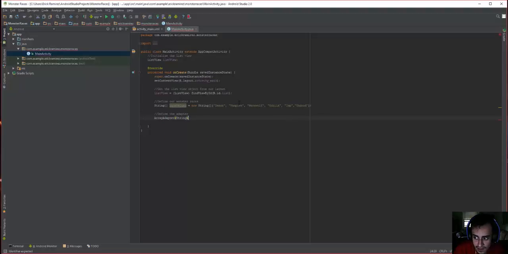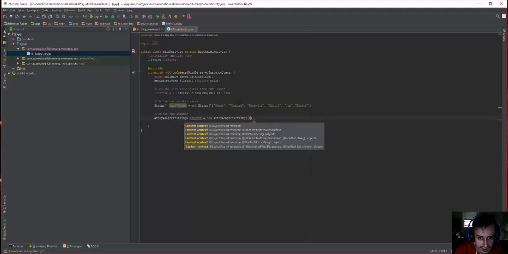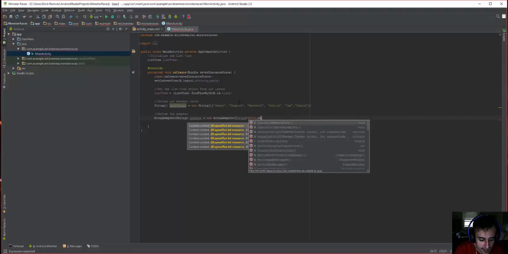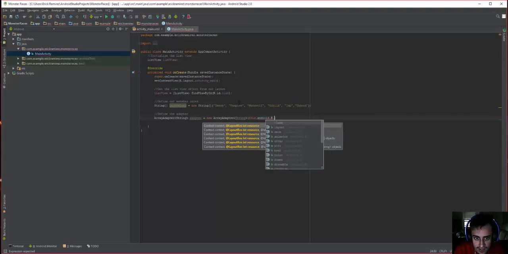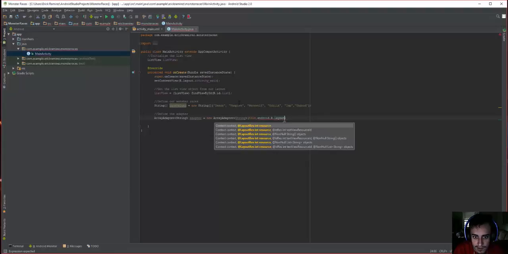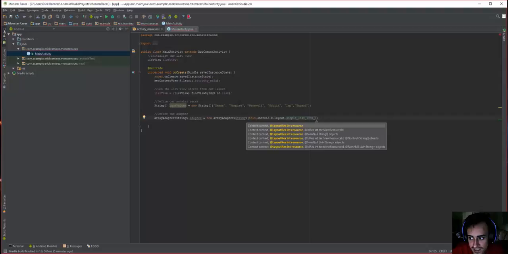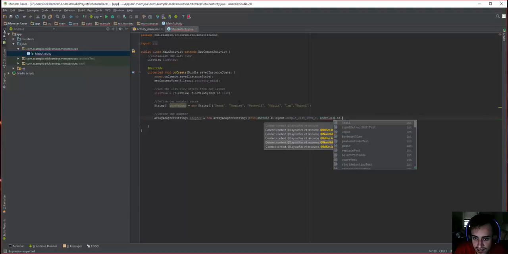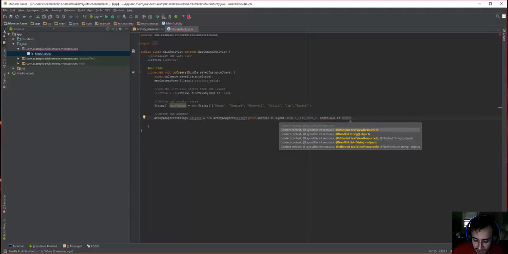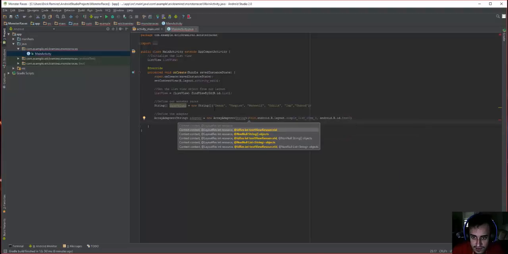Okay, followed by adapter equals new array adapter this comma android.R.layout, because that's what we wanted for the layout, remember, dot simple_list_item_1, because we're just going to create a simple list that's already predefined in Android. And then we're going to call the ID, which is android.R.id.text1, which is also predefined in the list view object. Okay,